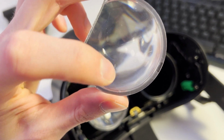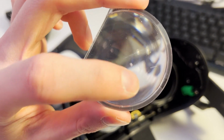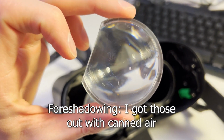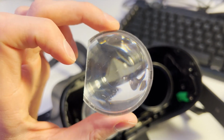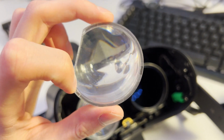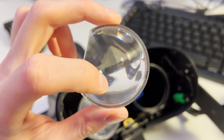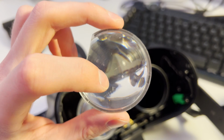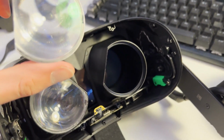And I don't know if you can see there, but I have 2 specks right there, or actually one right there as well. And these are not too much of a problem. I'm going to try and get them out, maybe with a pipe cleaner or something. I'd certainly much rather have these than dust on the screen. That's because these are not in focus. If you're on a really bright or white scene, they will cause a little bit of darkness in that area, but you'll only notice it if you're looking for it,